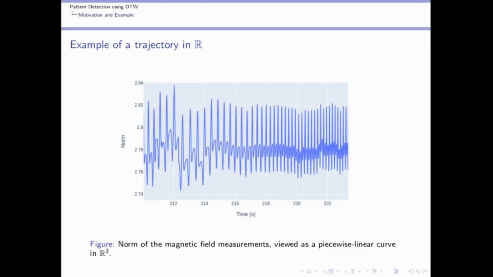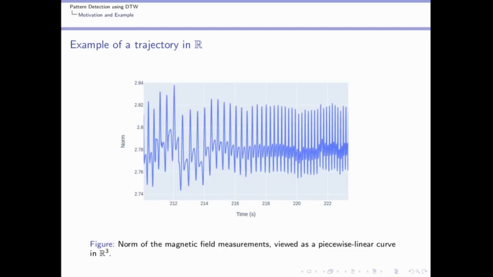And so looking from left to right, the pattern is first a bit stretched, and then at the right it's compressed, meaning that the velocity of the vehicle probably changes, and so the frequency of how the wheels turn increases from left to